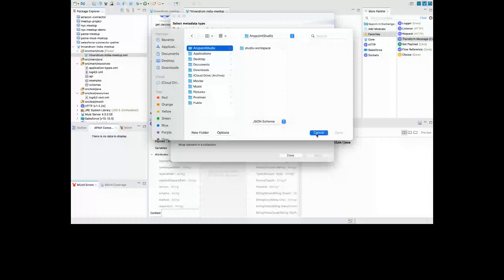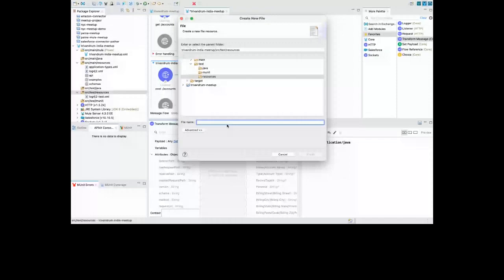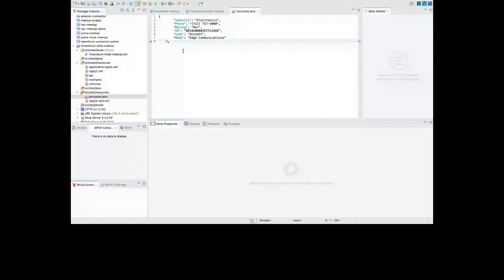What we'll do is instead of creating here, wasting time, we'll right click, create a file, and here I'll say this is the file. We'll call it accounts.json. We'll just go ahead and click on finish, and a JSON file will be created. This is basically an example file which will tell that this is the kind of information that we need. This is going to accept multiple accounts. We'll make it an array, and we can have multiple accounts here if you want. If you don't want, you don't have to.